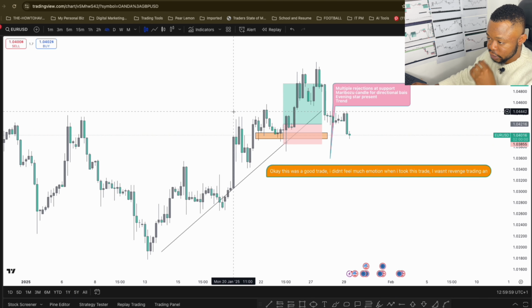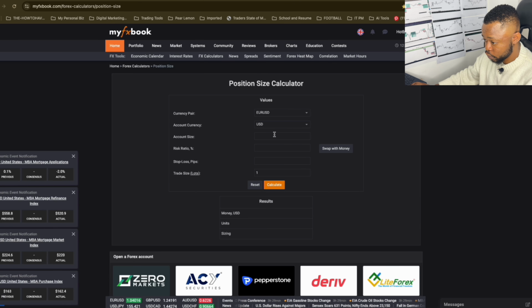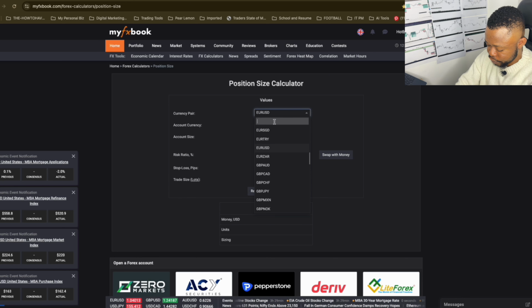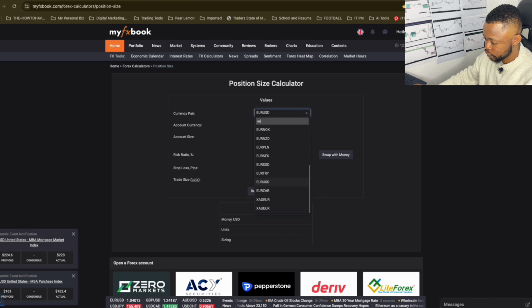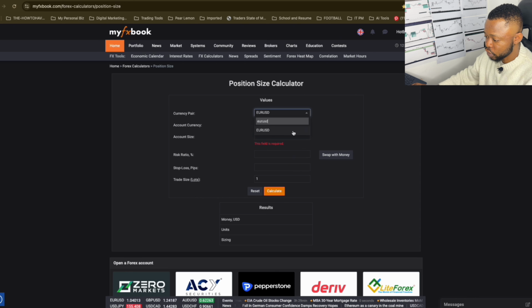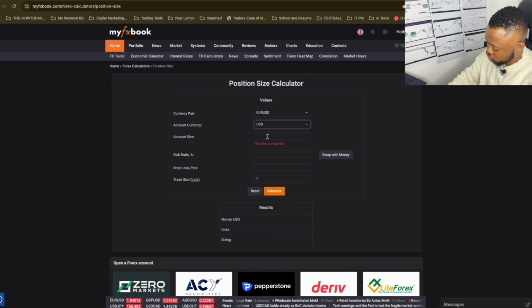So let's say I trade a $100,000 account, and you come here to your position size calculator, you put the currency pair, EURUSD, you click on that. What account currency are you trading? Are you trading in JPY? Are you trading in GBP? Are you trading in the United States dollar? So let's say I pick United States dollar. Account size should be